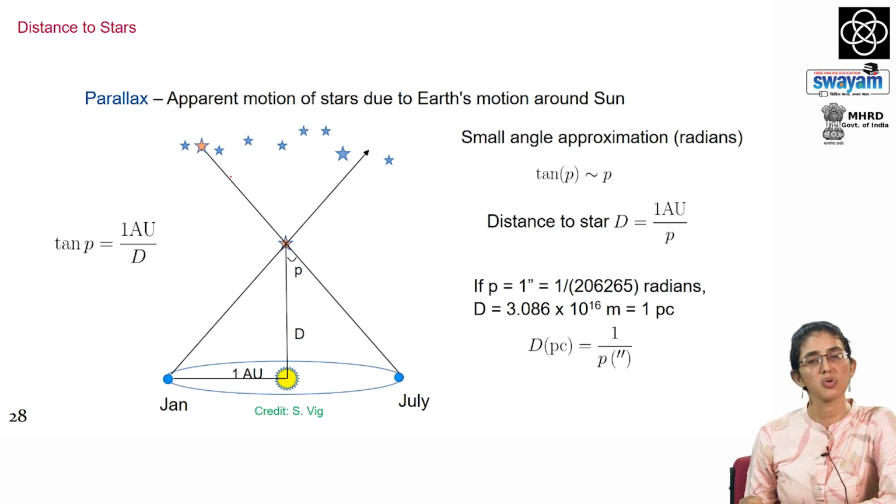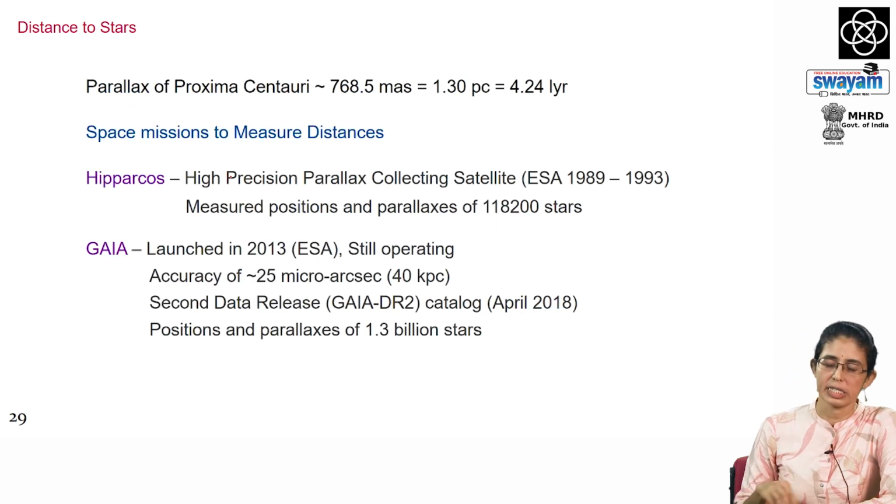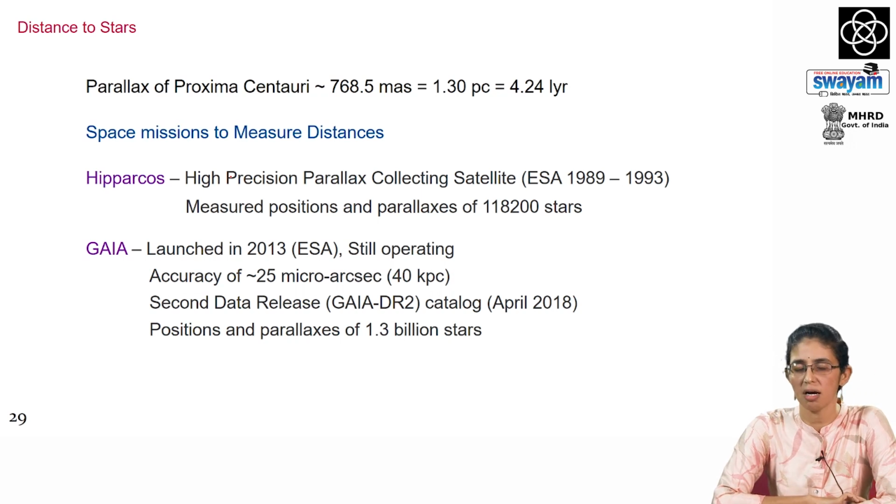So, that is why it is known as parsec. Okay. Now, what are the typical parallax values? So, the nearest star, Proxima Centauri, has been found to have a parallax of around 768.5 milliarc seconds. As one can understand, the parallax depends on the distance to stars, and for nearby